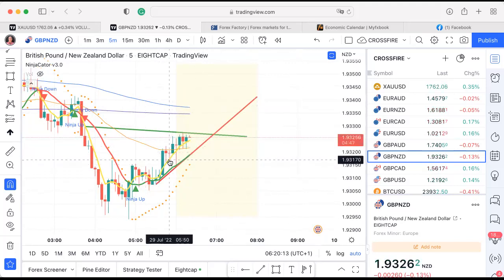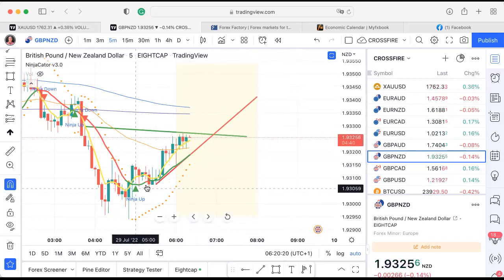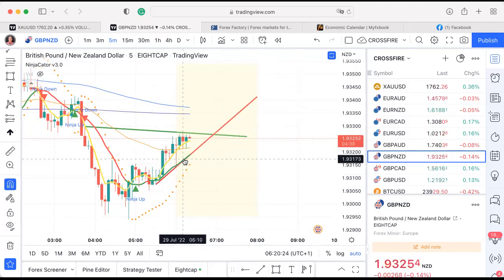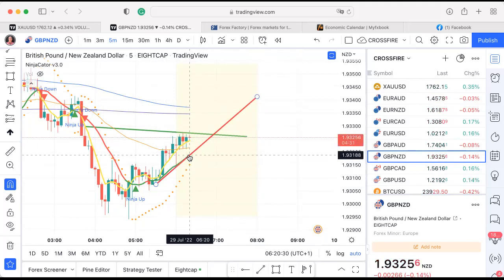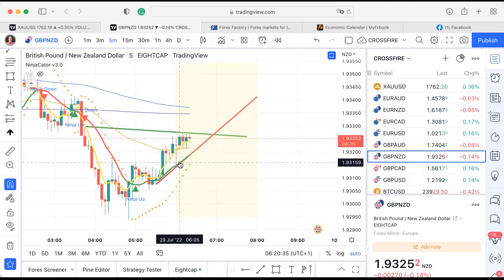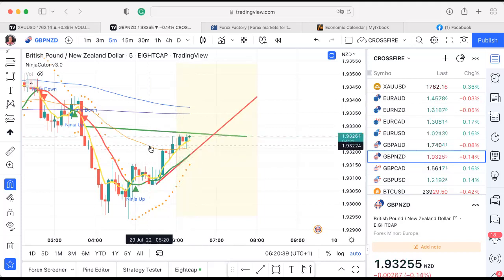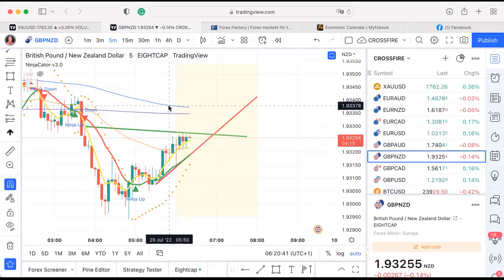The yellow trend line here, which is moving up at the minute, that's the 5 moving average, and then I've got the one that changes from green to red. That's the 13 moving average. It's actually concealed by that trend line there, but you can see where it is. It's above the red at the minute. And I've got the 50 moving average, which is the orange trend line, but I've also got the 200 moving average, which is a blue trend line, and the 800 moving average, which is a purple trend line.